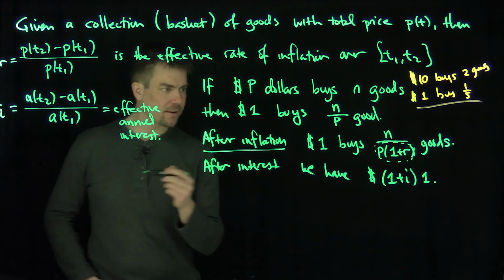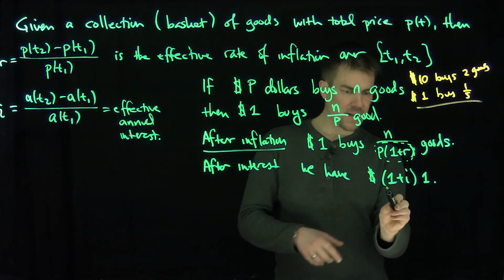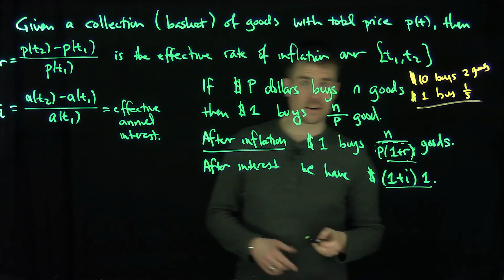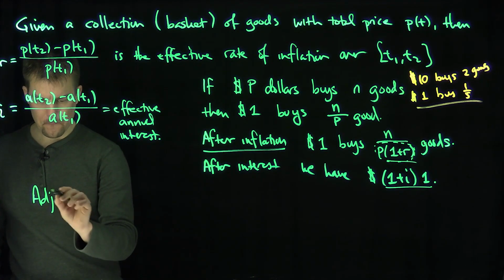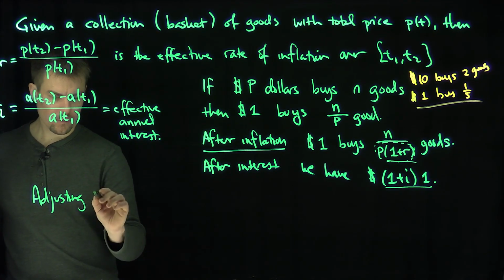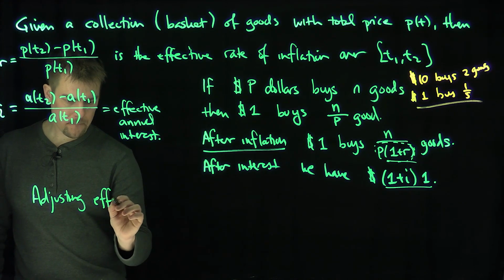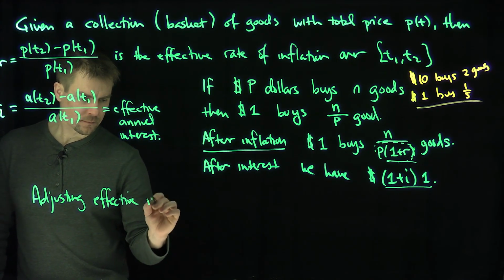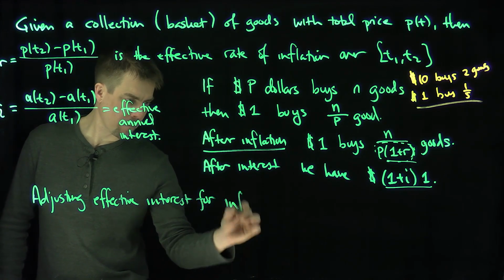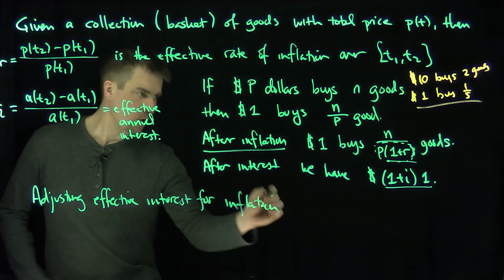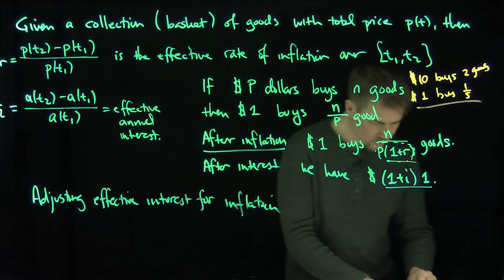So I have a 1 plus I in the numerator and a 1 plus R in the denominator. So adjusting the effective interest for inflation,